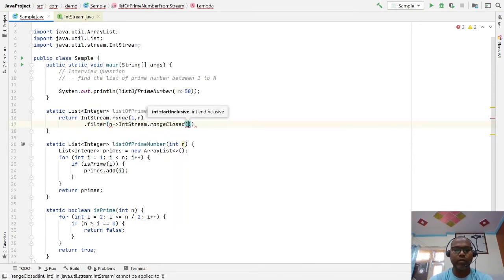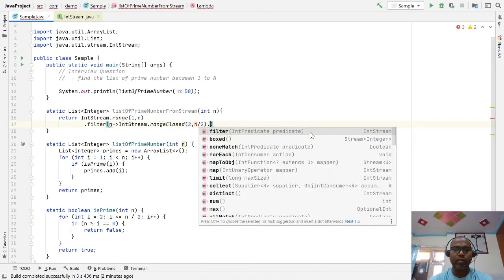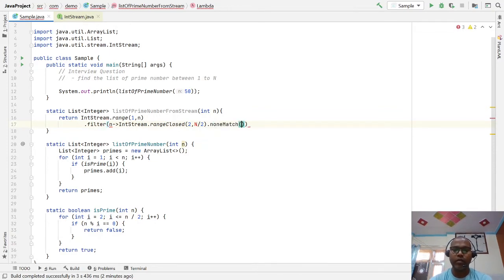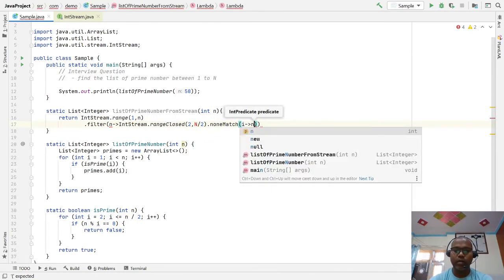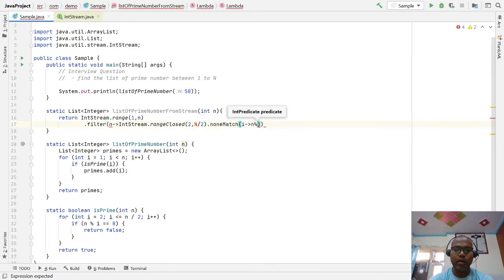We have to run a loop from 2 to n by 2, and check that no number is modulo 0, then true or false. So there is a function noneMatch which takes your i and checks the number modulo i equal to 0.